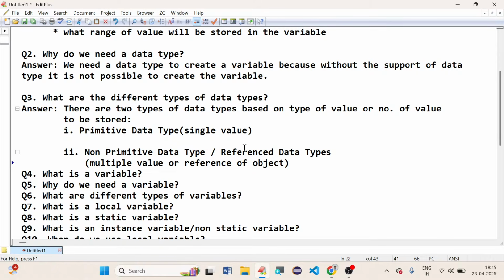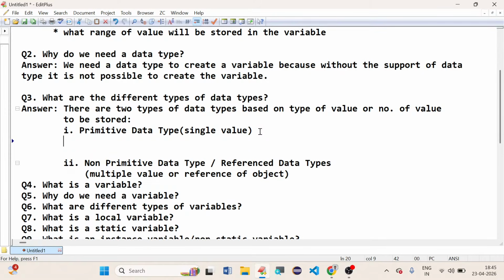So we got two different data types, that is primitive data type and non-primitive data type. Now see, this primitive data type is further categorized into further types. You don't have to specify that type if you don't want to. Mainly primitive and non-primitive you specify, but if the interviewer is expecting more from you, then you can add this point into it. Primitive data types are categorized into the following types